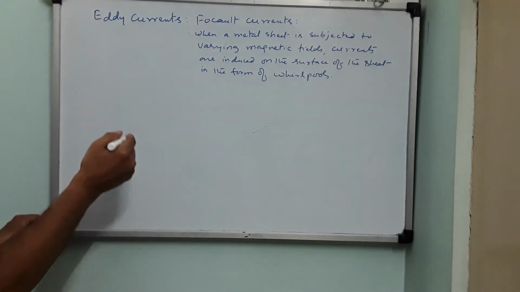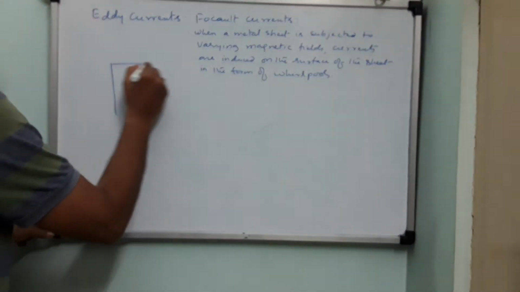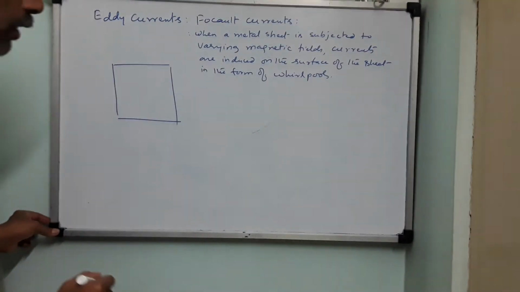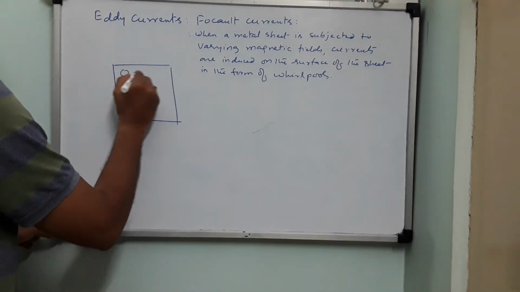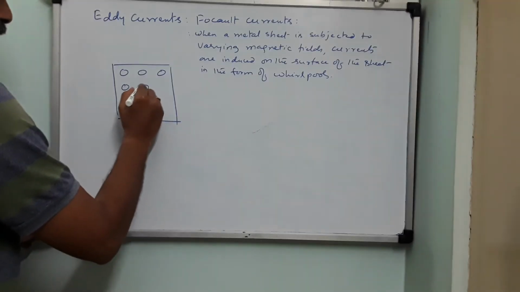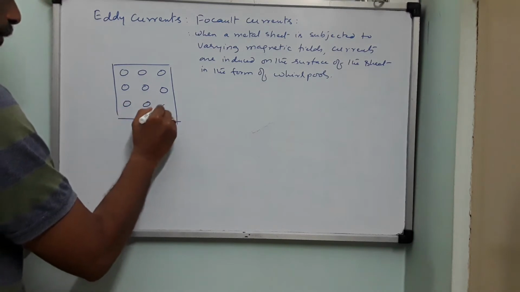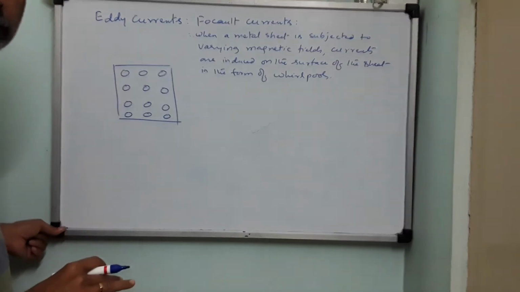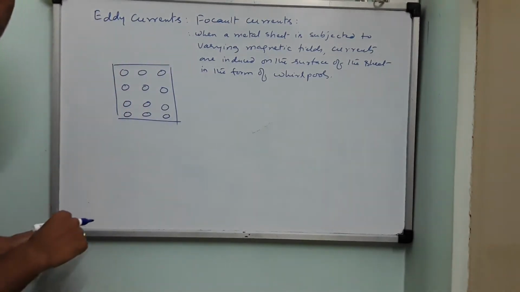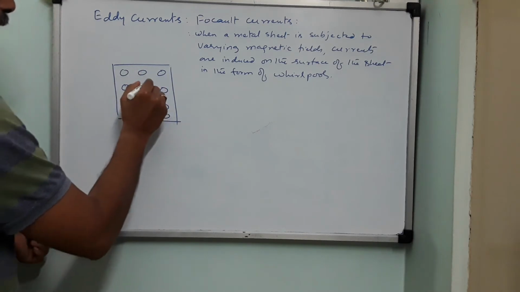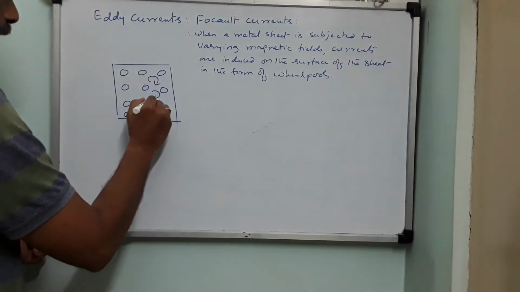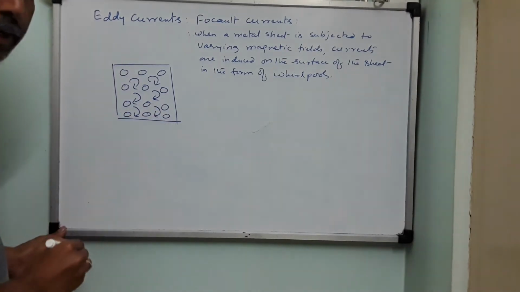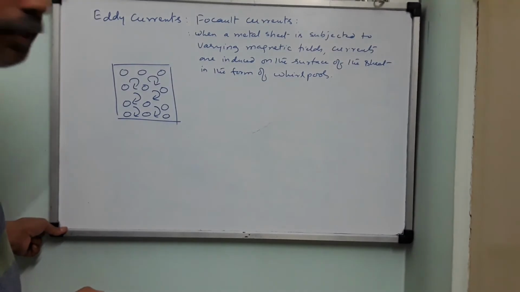So if this is the sheet of given dimension, how do you reduce the eddy currents on the surface? Either you can cut it in the form of holes. These holes do not have any metal sheet. As a result, the mass will decrease, while length and breadth remain the same, so the available surface area for eddy currents will also decrease. This is how the eddy currents are induced in one particular direction, depending on the availability of surface area and how they are moving.